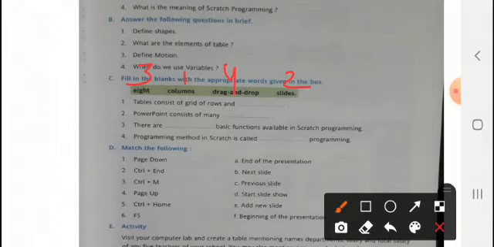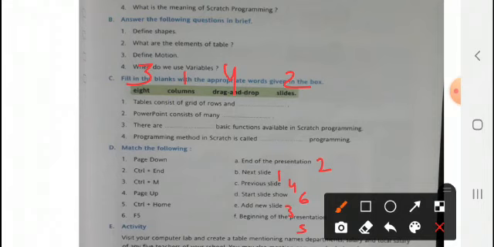Now see matching D part. Page down is for next page. B. Control plus end is the end of the presentation. Control plus M is add new slide. E part. Then see fourth one, page up for previous page. 4. Then control plus home is beginning of the presentation, this last one, and F5 to start slideshow. Very important and very simple as well. Okay, so your numbering is 2, 1, 4, 6, 3, 5.